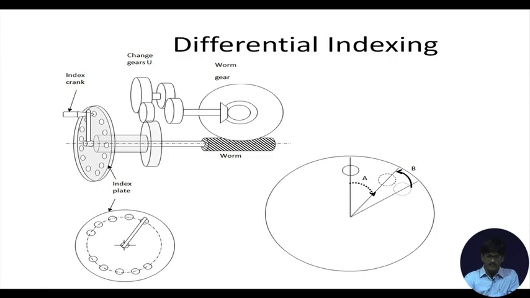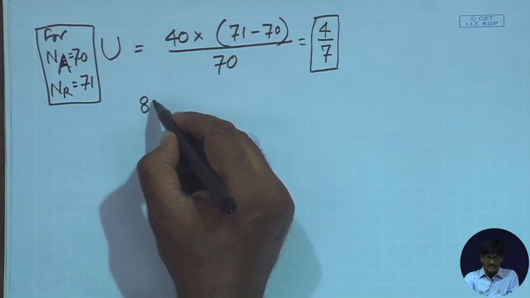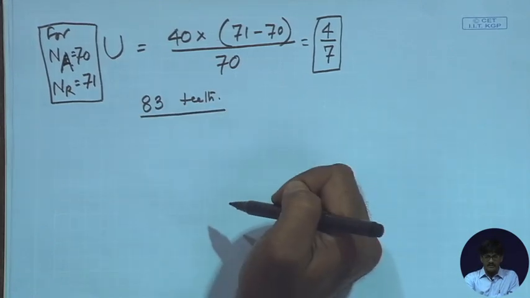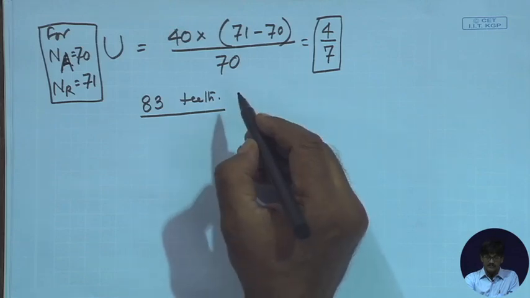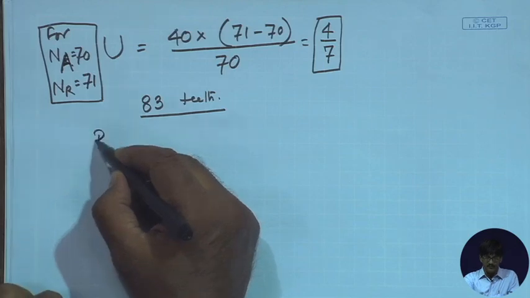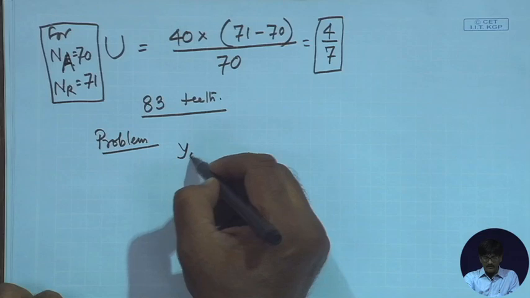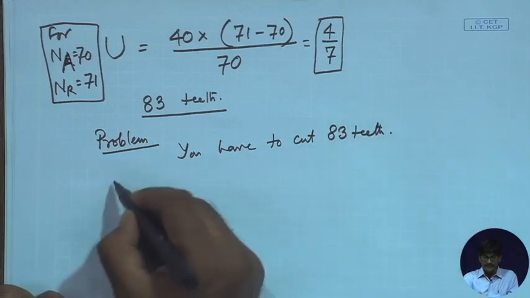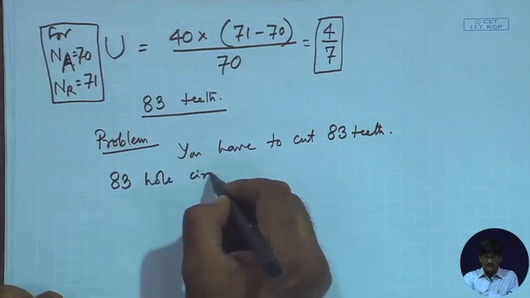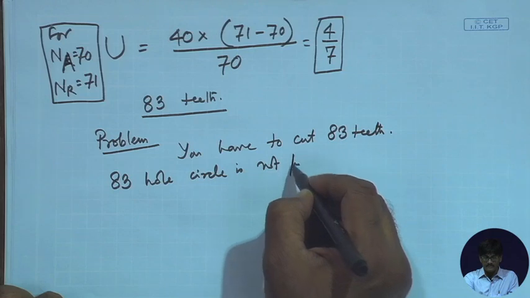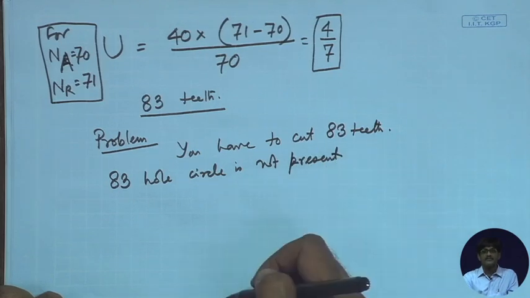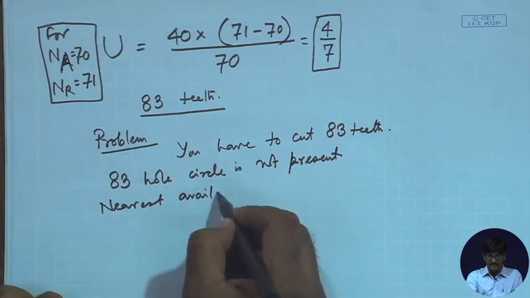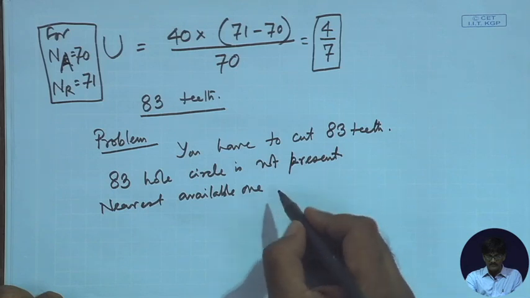For example, suppose you have to cut 83 teeth. Problem: you have to cut 83 teeth, and the 83 whole circle is not present, not available. And the nearest available one is